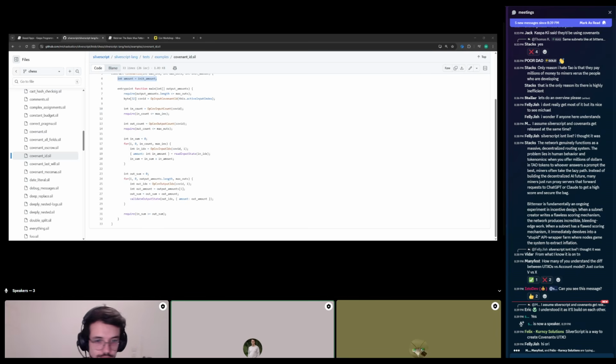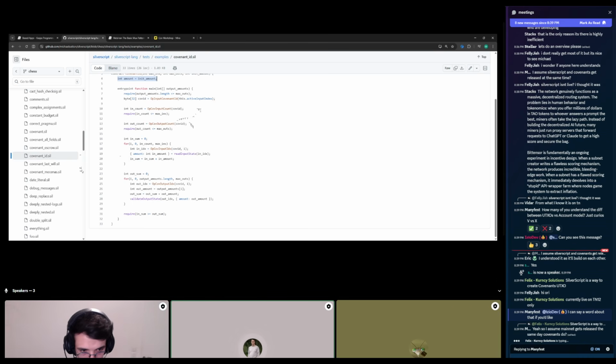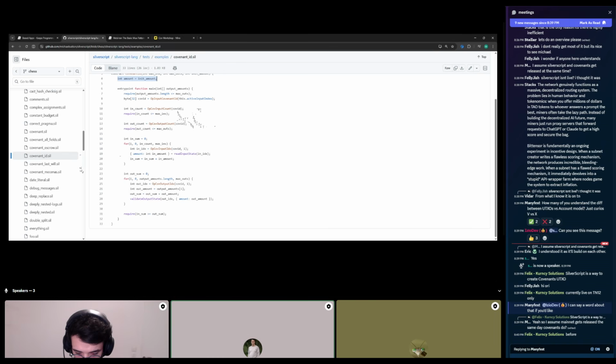Welcome. So I'm still presenting only the basics of Silverscript and a covenant, so feel free to interrupt, actually, because I'm presenting your creation. Ori is going to show a more complete native asset example, but this is basic enough.